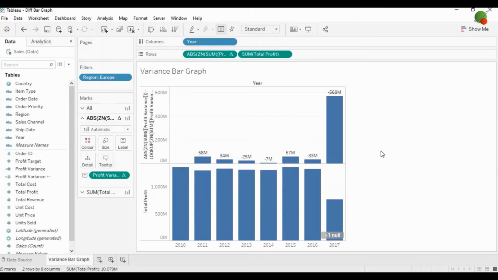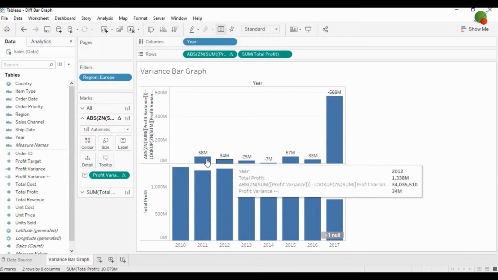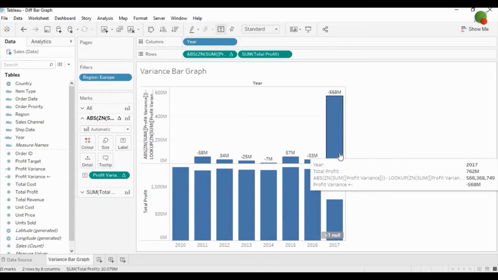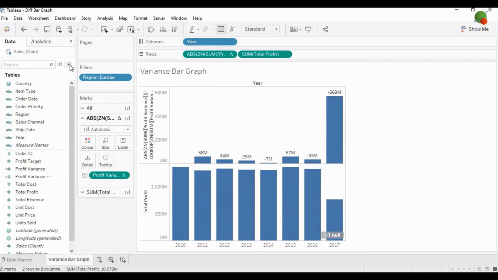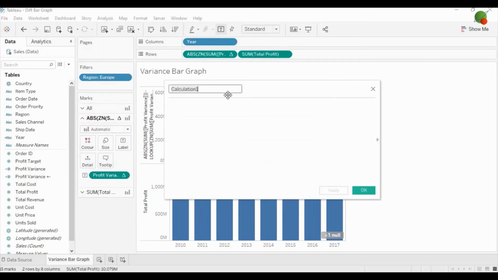Okay. Now our next step is how we can change this bar graph into symbols. For that, our next step will be to create one more calculated field, right? You can keep this name as arrow and you need to put the if condition.